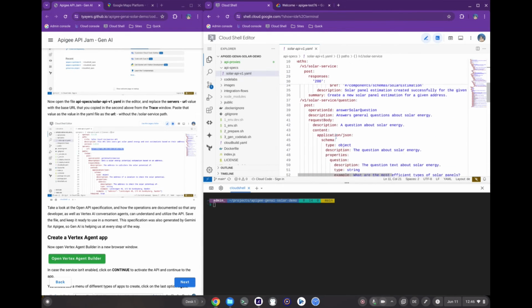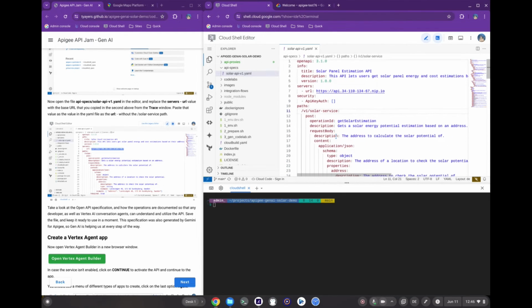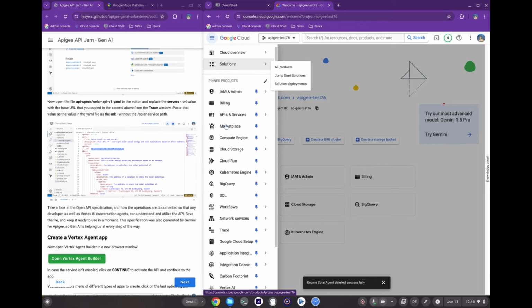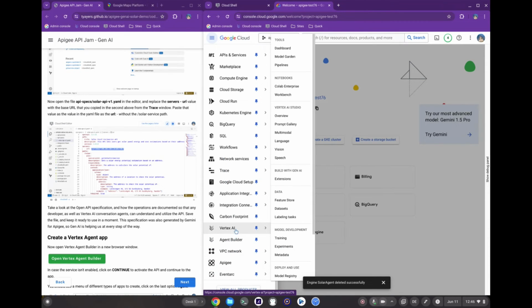But all documented and understandable for developers in a developer portal, as well as for agents who can understand this based on their LLM models. So the only thing we need to change in this OpenAPI spec that's provided, and this was generated by Gemini, for example, right? So LLMs can help us generate APIs and API specs as well. Is we need to change the server URL because we deployed a new version of our API to our Apigee instance. So let's go to Apigee and get the URL that we used in the previous step